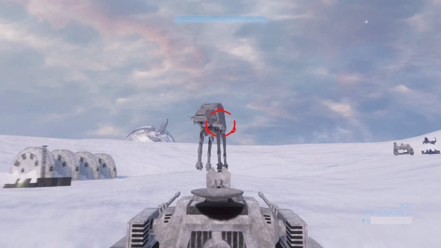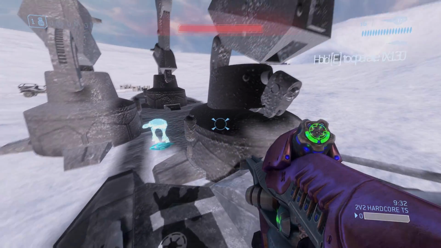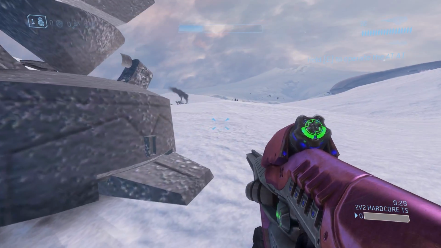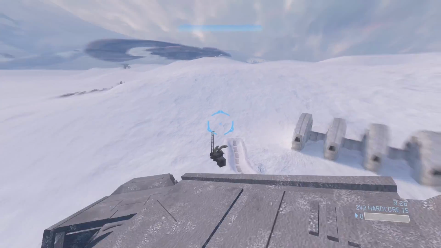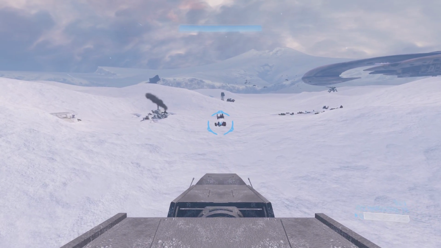What I'm going to do is show you all of the vehicles and all of the weapons and the various maps, because it isn't just Hoth. We can actually get inside the AT-AT, because of course you can. There we go. This has all of the various sound effects that you'd expect, and it's got an alternate mode